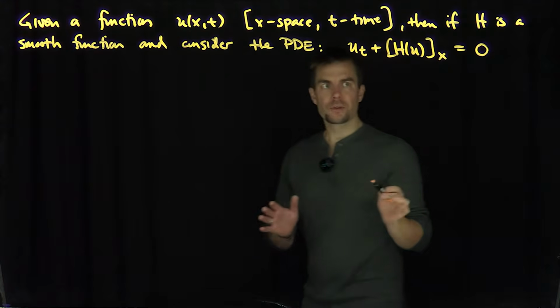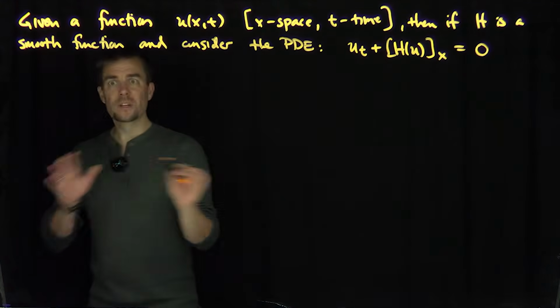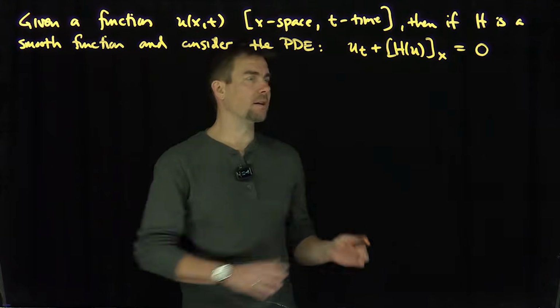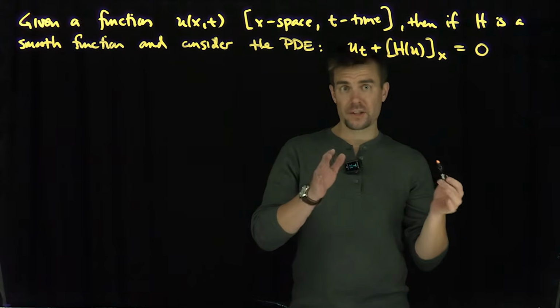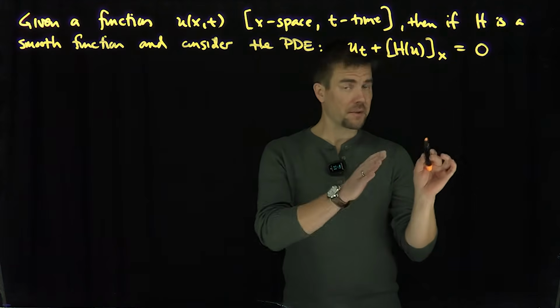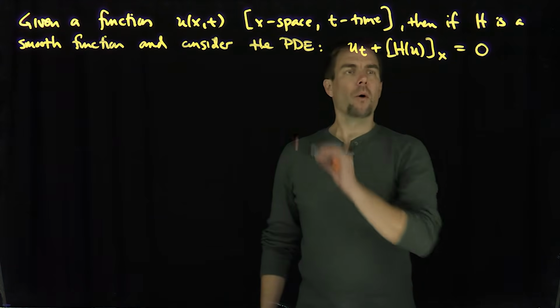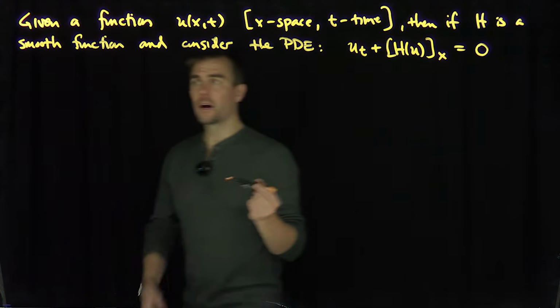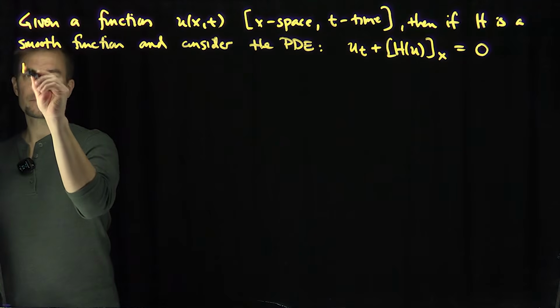So what I can do with this over here, we're just thinking of x as a one-dimensional thing for the time being. We can generalize to higher dimensions as well, but this is our tinkertoy version of a scalar conservation law. Now, these are very important. We'll see particular examples of this soon. Now, what I'm going to do is the following. I'm going to fix two values a and b. So for any a, b,